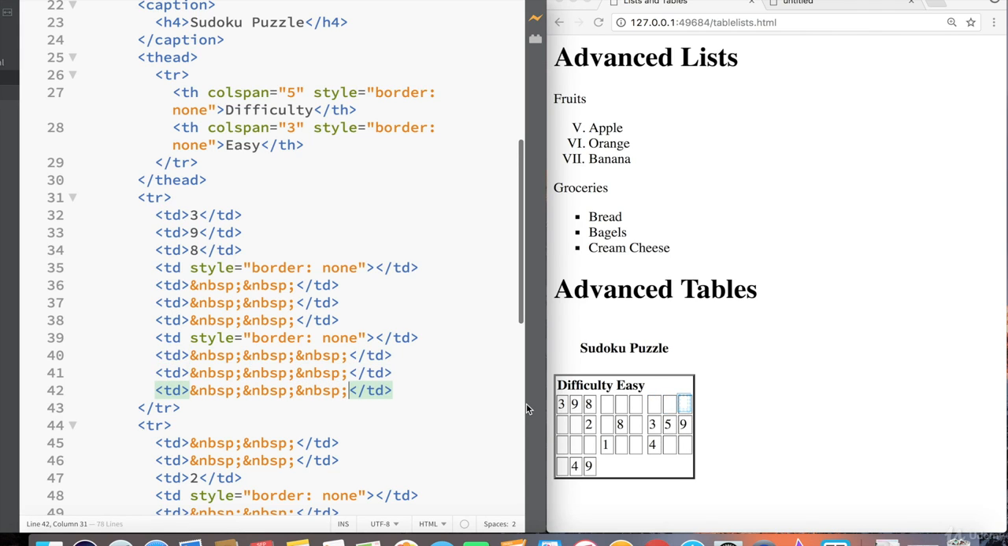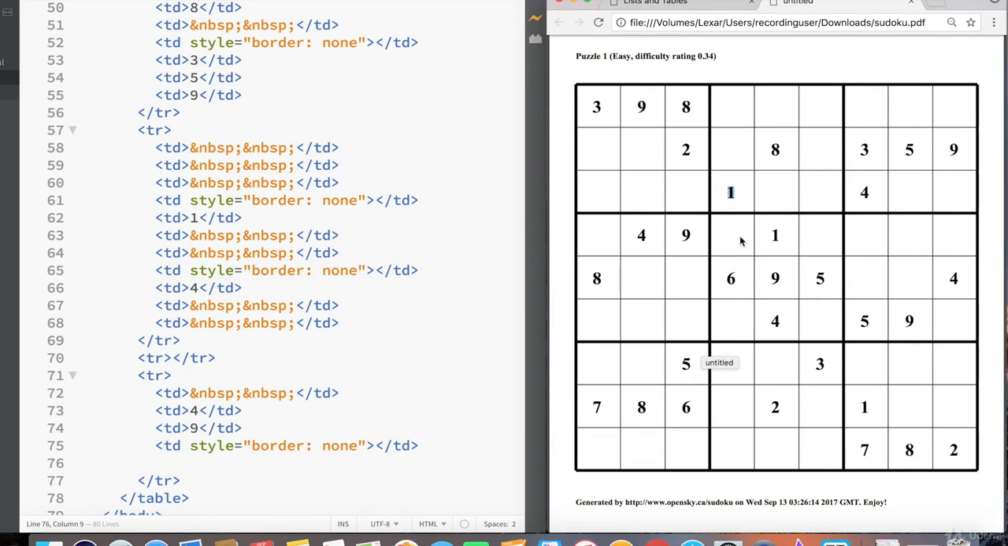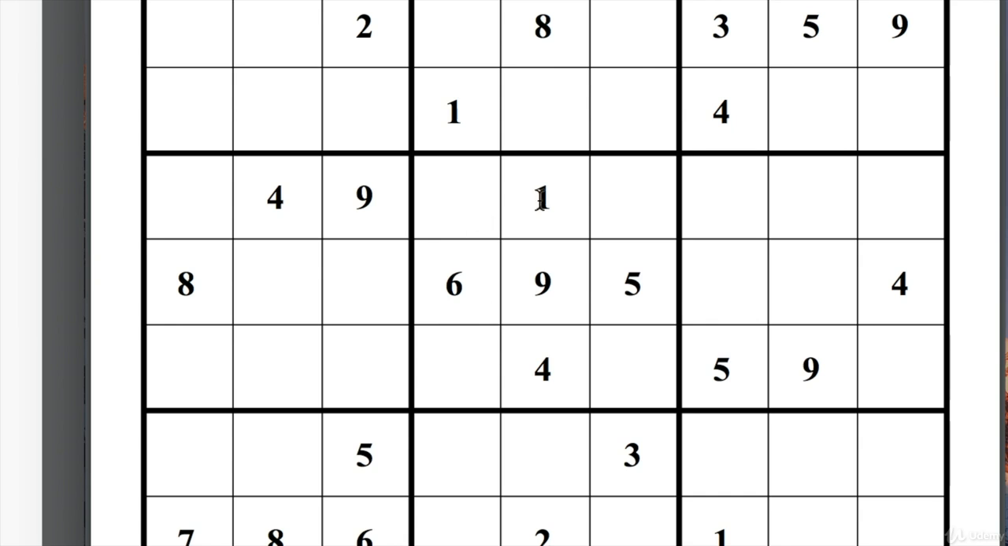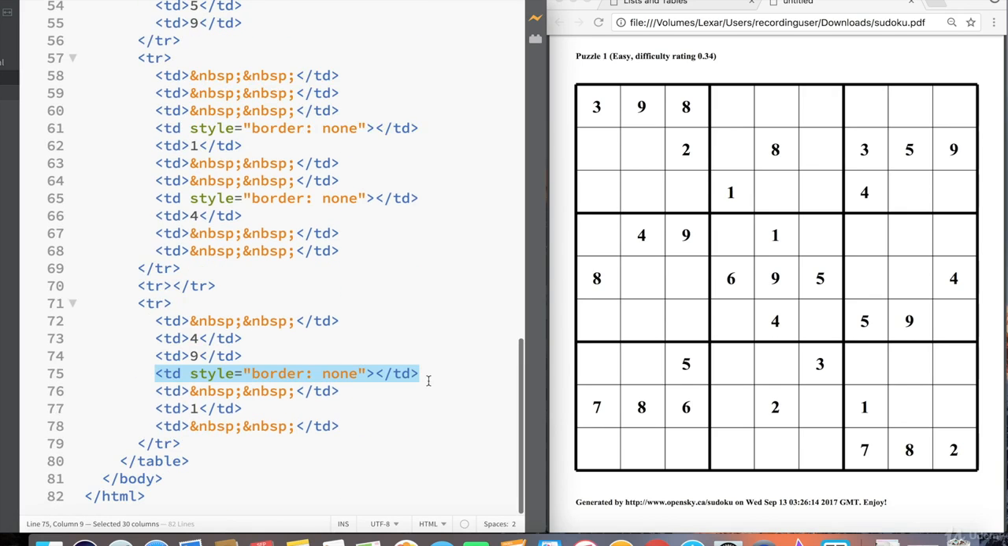Just by doing that, it already expanded the width of all of our table cells. So let's continue. All the way at the bottom here, after the non-breaking space, 4, 9. Now we add an empty TD with the style border equals none, and then we continue with a space cell, a 1, another space cell. So let's add a space cell, another TD with 1, and a third space cell, and now a border cell,